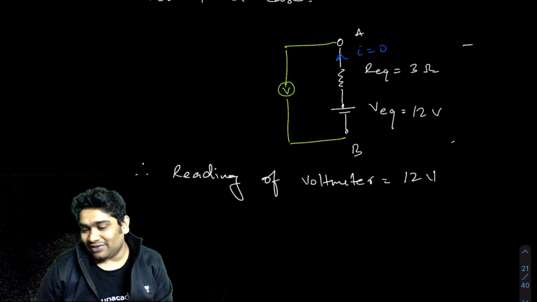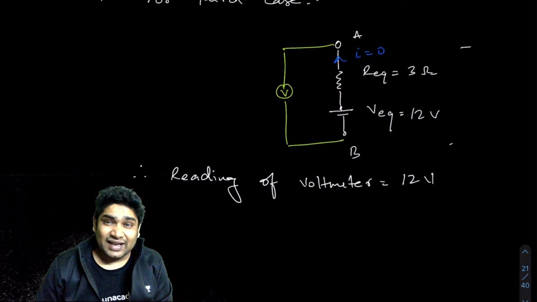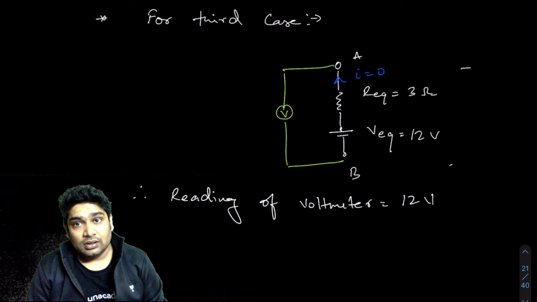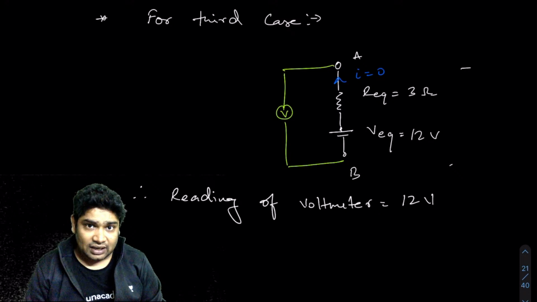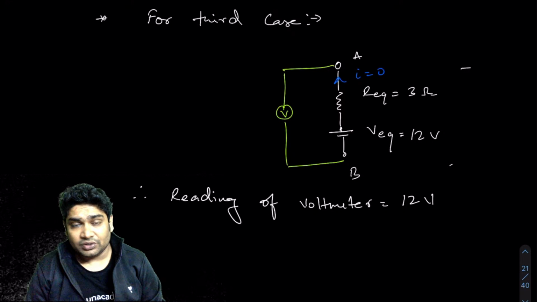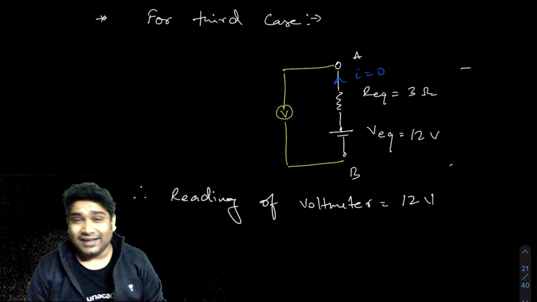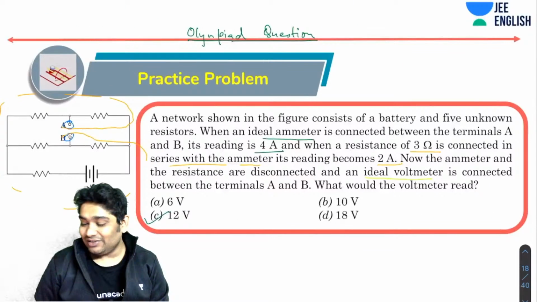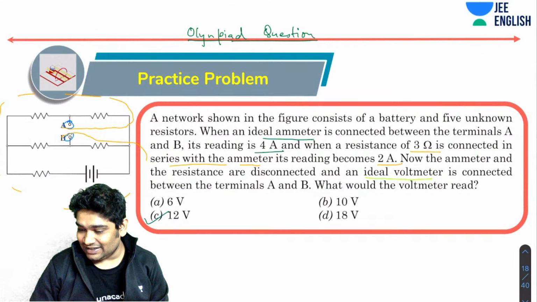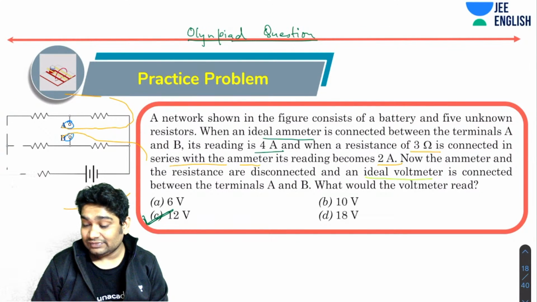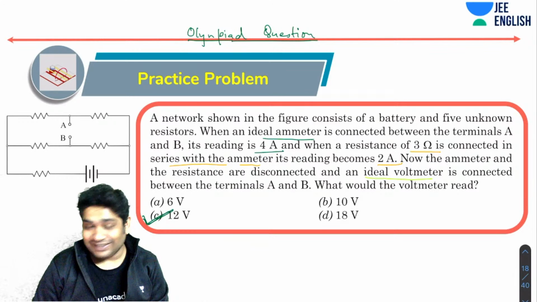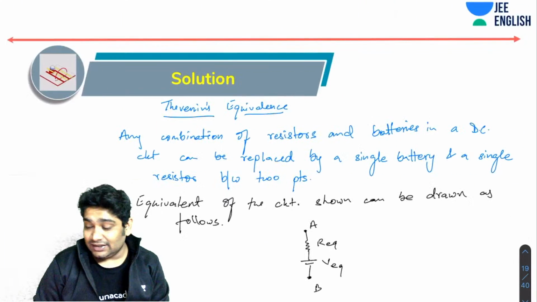Again, you can't solve this unless you know this method. So that is why I said this is a problem that is more likely to be asked in Olympiads than in Advanced. Because Advanced usually doesn't like asking problems for which you have to use special methods. Again, they can ask you these things in paragraph form, so they have a habit of doing that. Mind that. So that is why the correct answer is 12 volt, and that is how to solve it. I hope you guys followed this. Now, if you see a question like this, then you know how to go about this. Okay, is the approach clear?